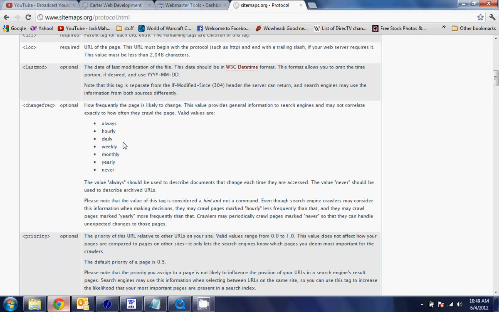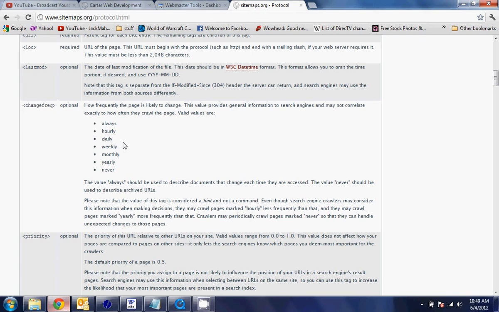If you don't do that, the search engines are designed to figure that out. If you put on there always and you change it once a month, they're going to figure that out, and they are going to devalue your sitemap, basically, because with the algorithms that they use today, Google and such,